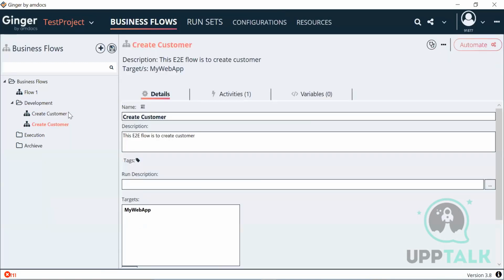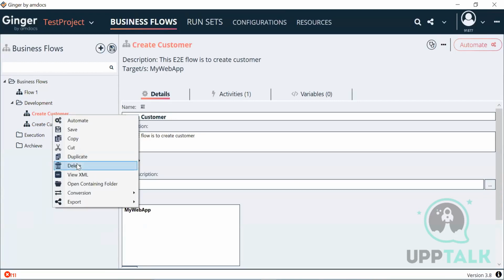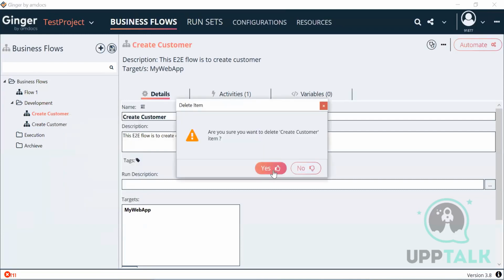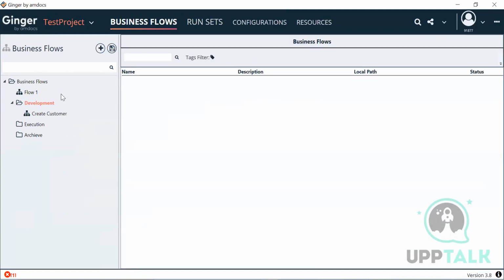Okay. So now you can see my development folder. The create customer is now present because I tried drag and drop as well previously. So now I have two create customers here. One, maybe I will delete. Okay. So in that way you can cut, copy, paste